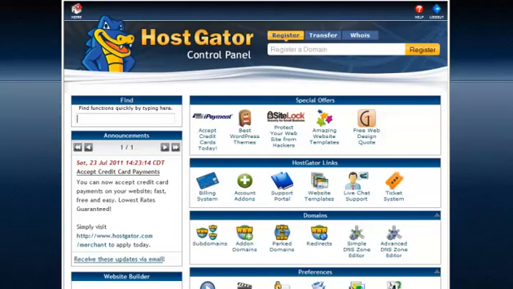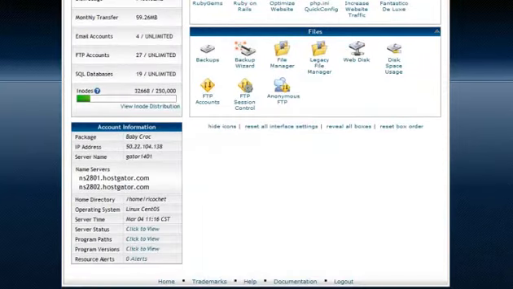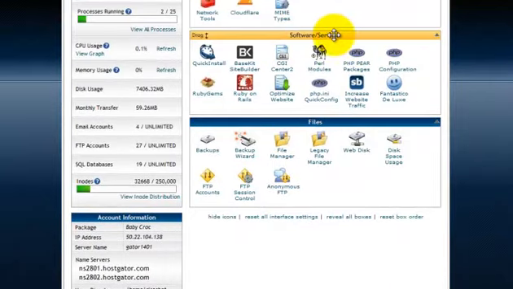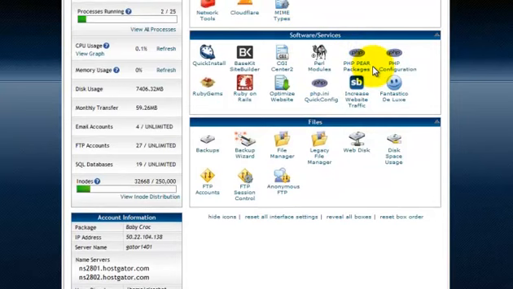So you want to be logged into your hosting account, obviously. So I'm in my control panel here, look. And the first thing to do is, if I scroll to the very bottom, we're looking for a section called, here it is, software services, and we're looking for this little smiley guy here, Fantastico Deluxe. If we just left click that once,